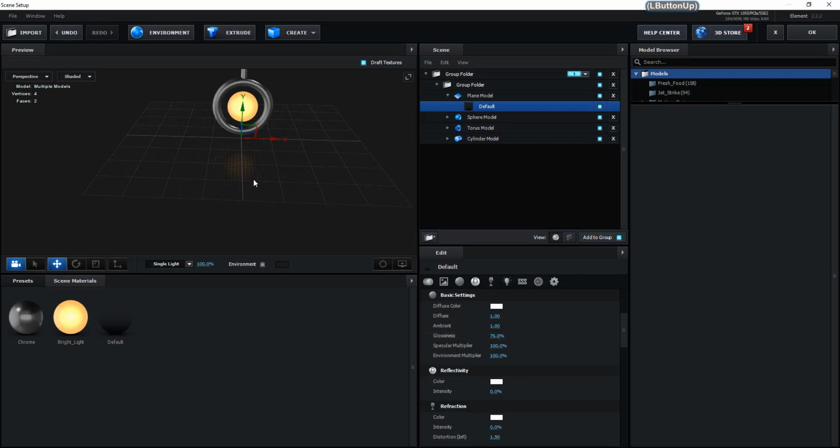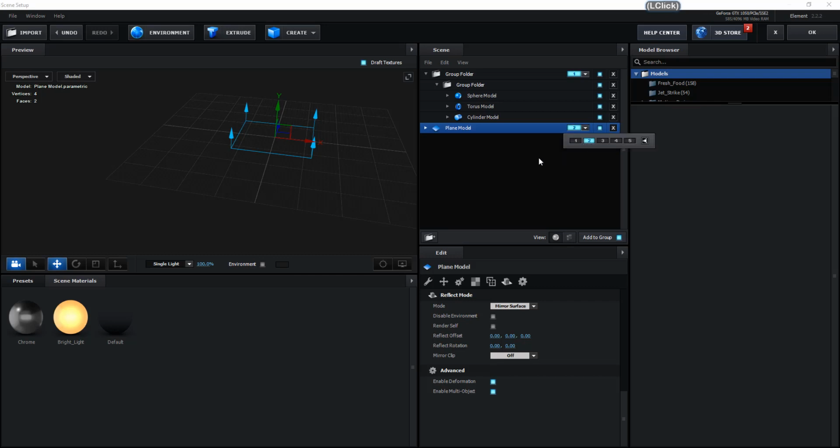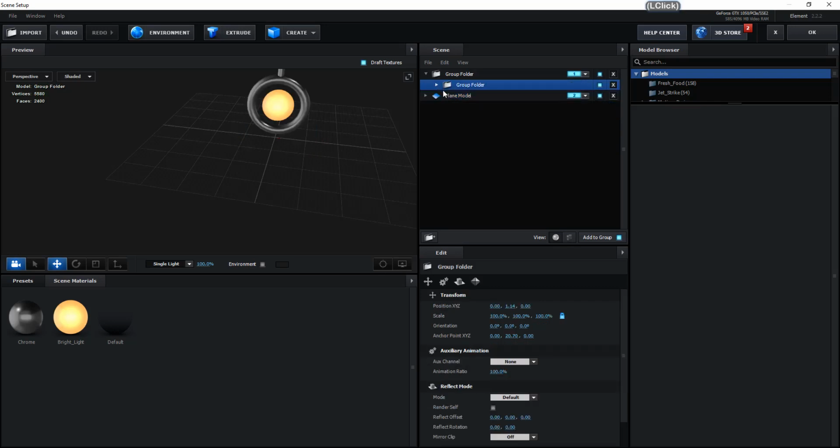So you can see it is like somewhat applied the Gaussian blur. So everything is applied now. So now we have to drag this plane model to the next group, drag it down and apply it to group 2. So I think we are done with the materials right now.